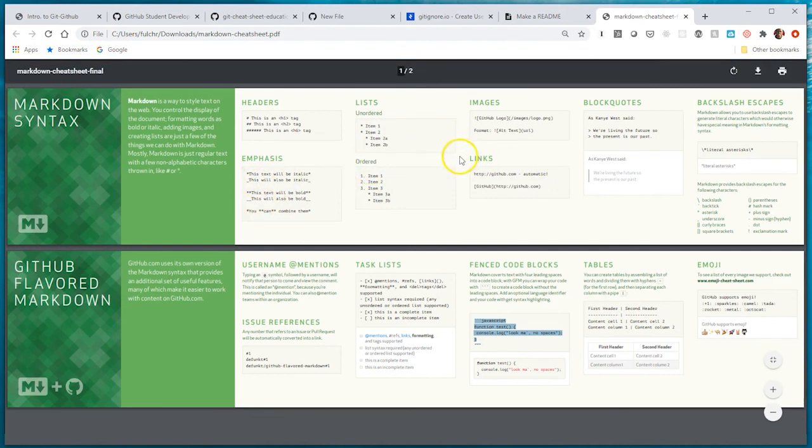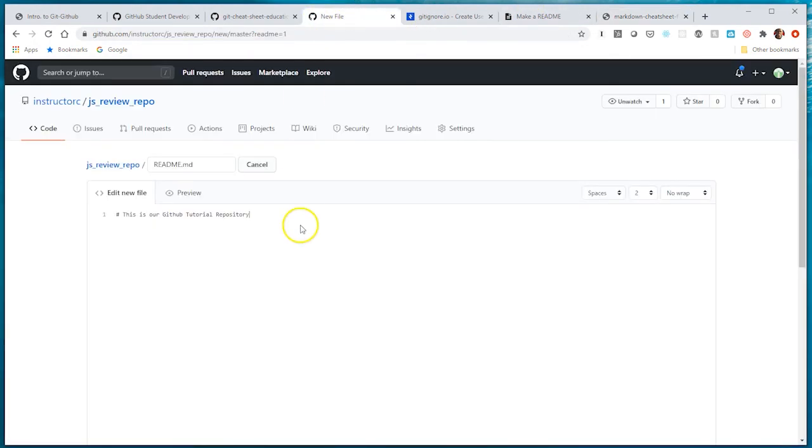For a paragraph, you just put plain text, and we can just hit enter. This repository is an example of using some